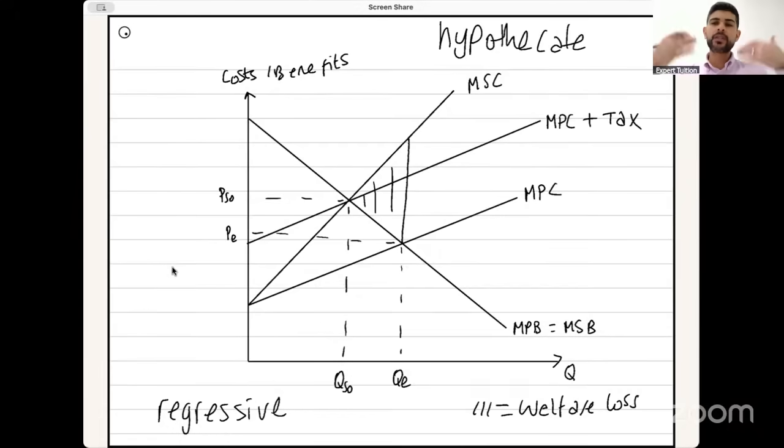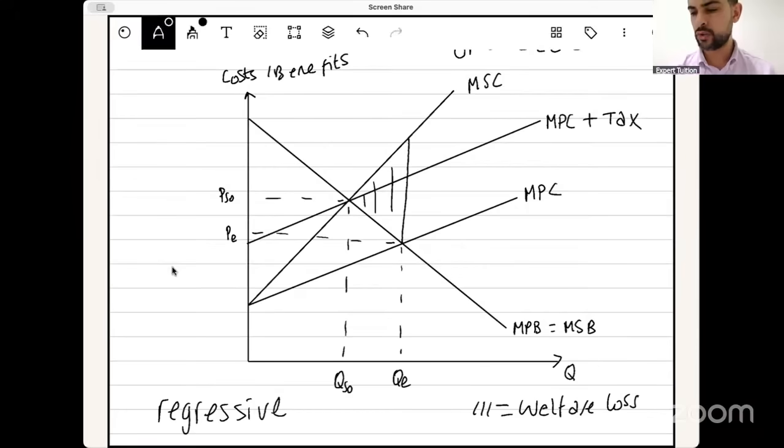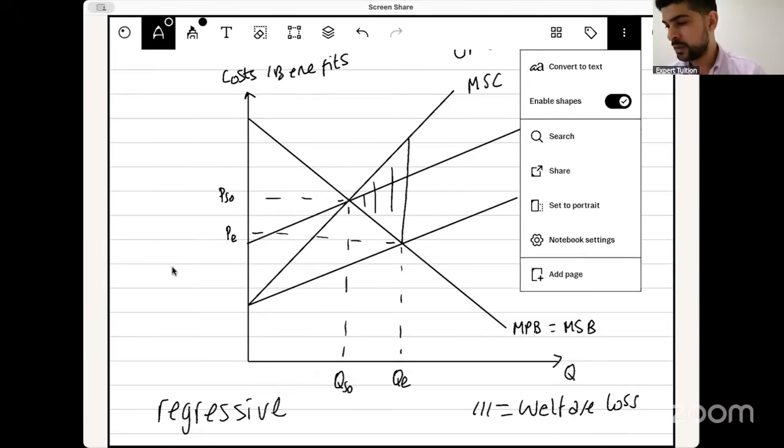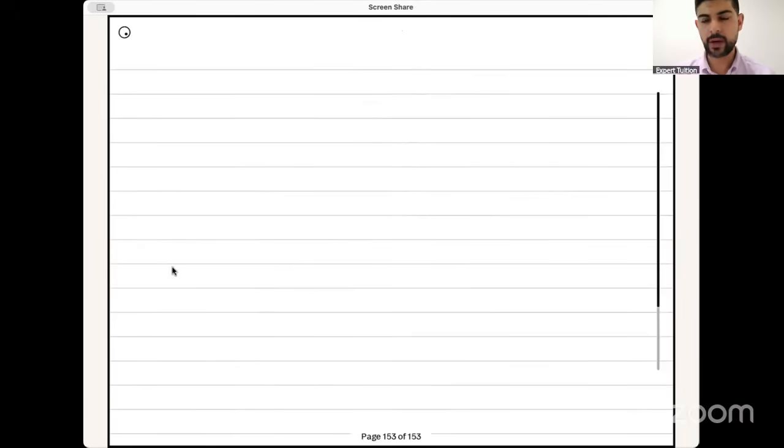Right. How else do we draw tax diagrams? The basic supply and demand diagram for tax, I have a whole video showing you step by step how to do that. Please watch that if you want to know how to construct the supply and demand diagram. But the last diagram that we're going to do instead, especially if it's a bigger question, like a 25 marker,